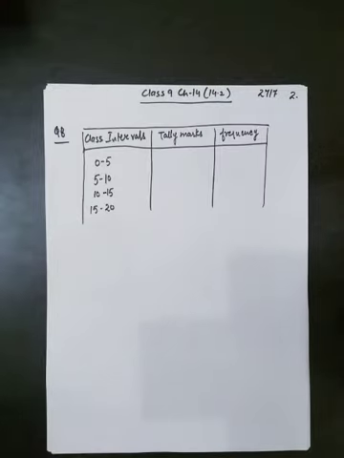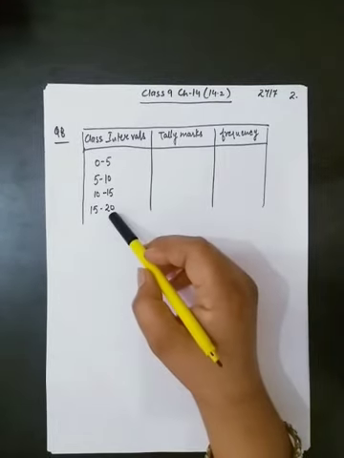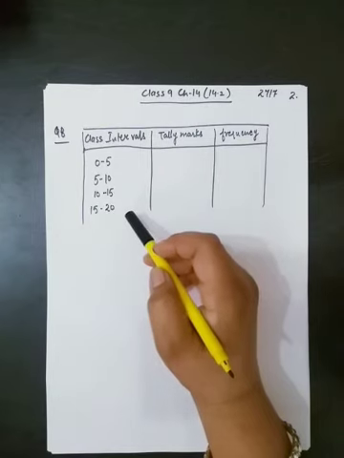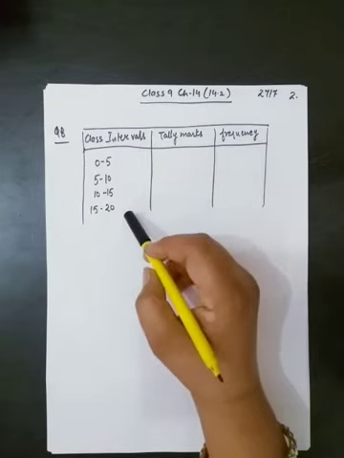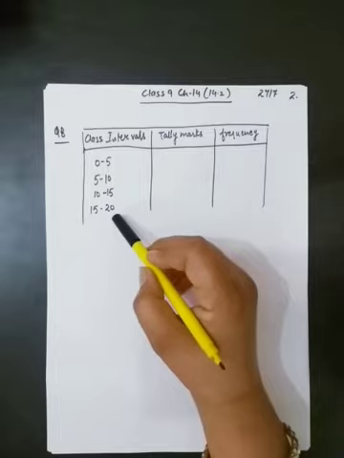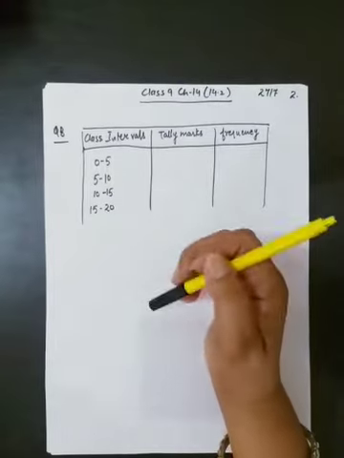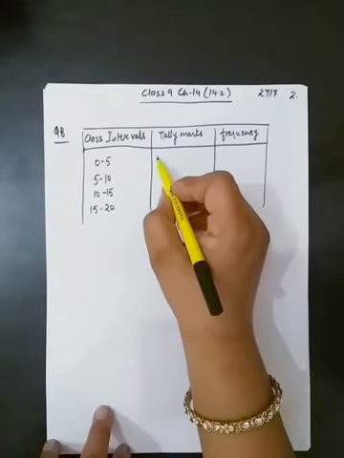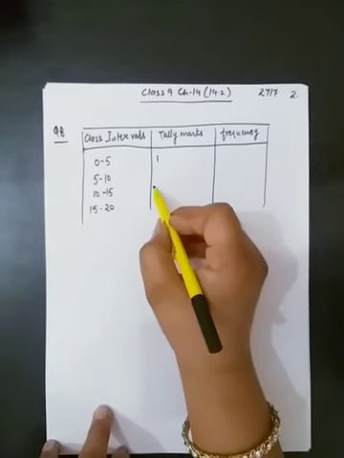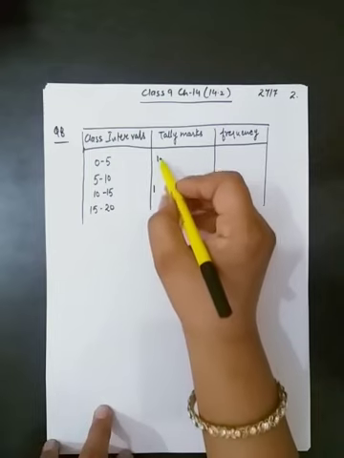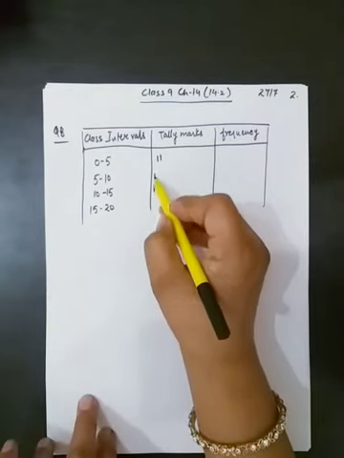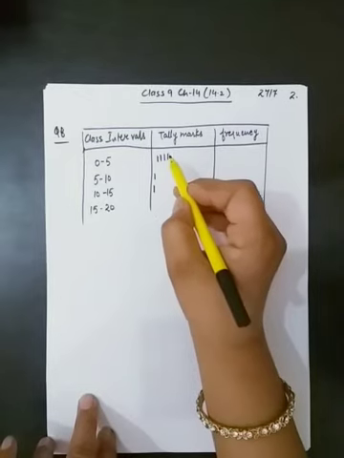Let us start question 8. Here I have taken intervals up to 15 to 20 because 17 is the maximum value here. So to cover 17 we have to take it up to 20. The first is 1. So in which interval does 1 fall? In the first interval. 1, 10. 10 will fall in the third interval. And then 3. It will fall in the first interval. 6, 3 and 2.